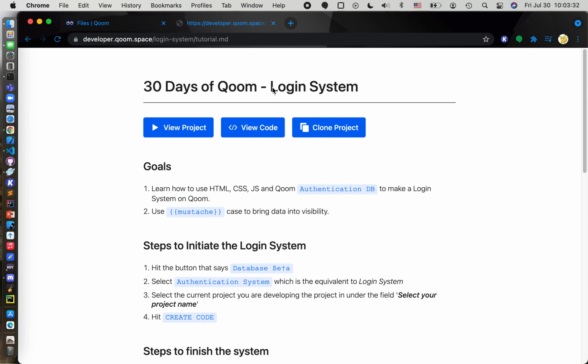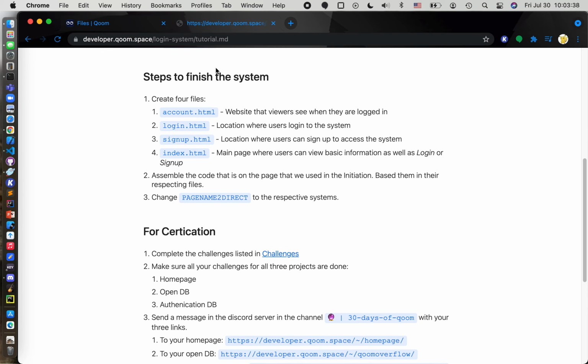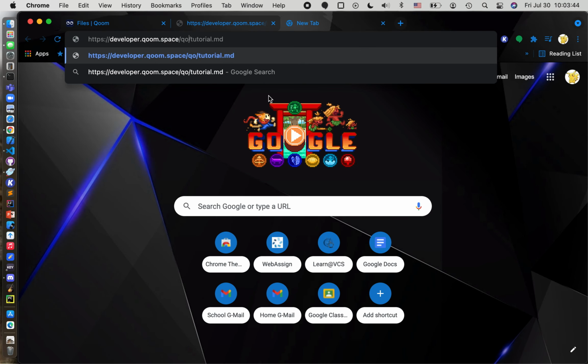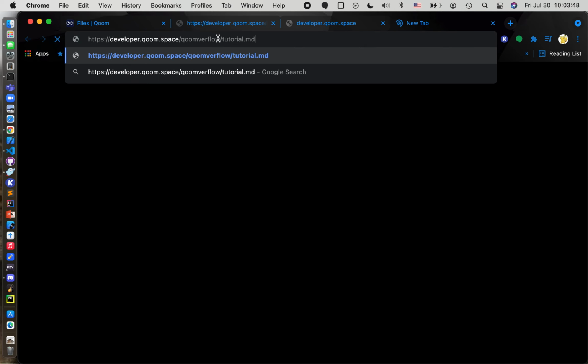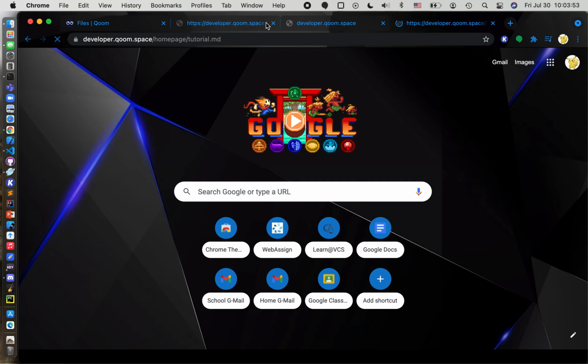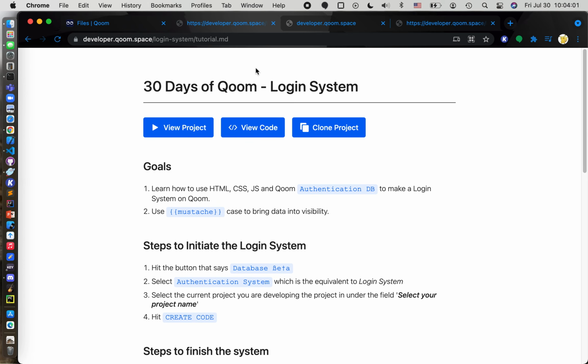In order to have succeeded in this, you're going to have finished all the challenges and read through these tutorials, the MDs. For each page that I made, I have created a tutorial.md: Qoom overflow, and homepage. So I have completed a tutorial for each of these, right? For example, for the homepage,